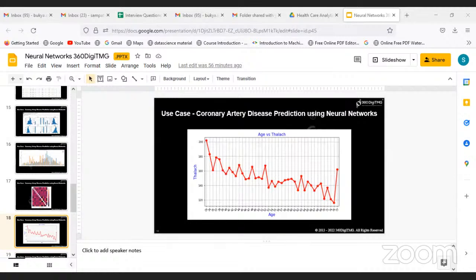And then we are going for box plot. Why we are using the box plot? To check whether we have any outliers or not. Here I couldn't find any outliers since